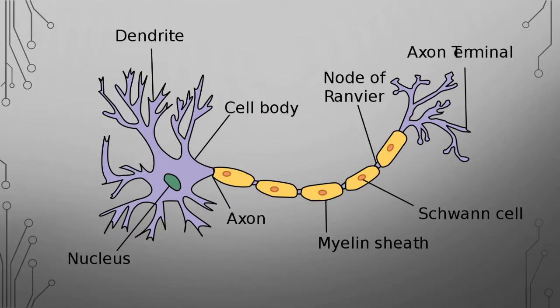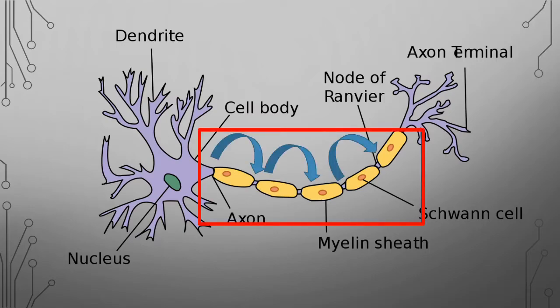The axon here is the long yellow part. It is a single tubular extension that leads away from the cell body. This is the conduction zone, which transmits info in the form of an electrical impulse. Axons are myelinated, or wrapped in myelin sheath. This helps to insulate and speed up this electrical impulse, which is known as an action potential. Then at the end, on the far right, we have the axon terminal. This transmits the electrical information into a chemical message that it releases into the synapse for other neurons to receive.